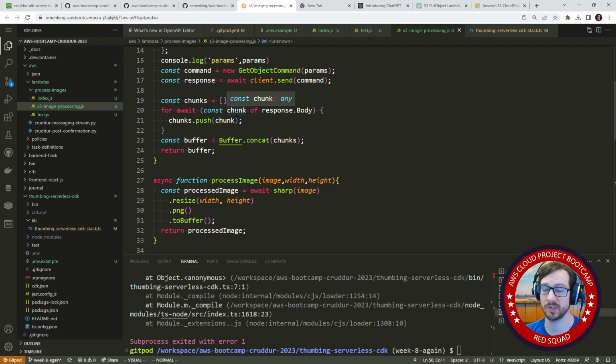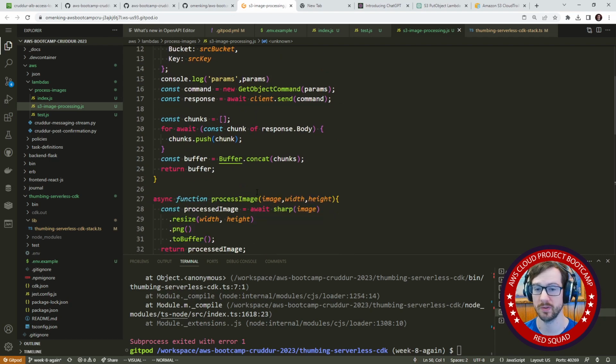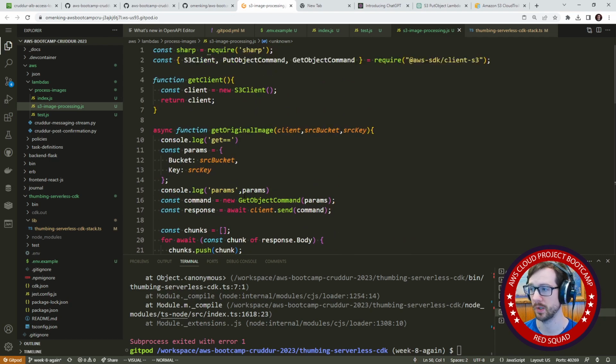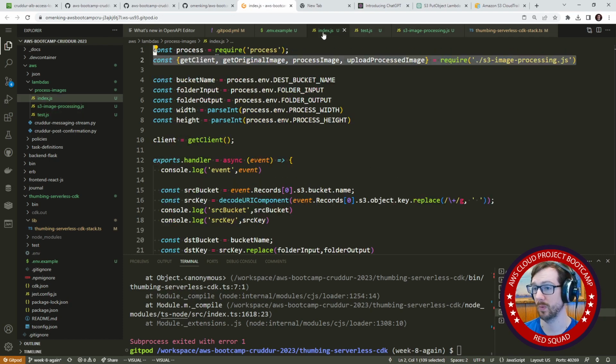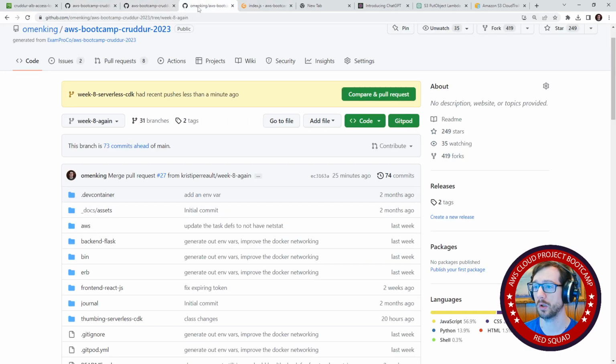I did not have to set up Lambda layers. Image processing can be quite the pain in other languages. I think in Rust it's probably pretty easy, but in Ruby and Python and a host of others, it's quite painful. So this was the implementation that I liked using, even though I had to work through promises, which was a bit of a headache. Anyway, we'll go back over here, and so we do need to install